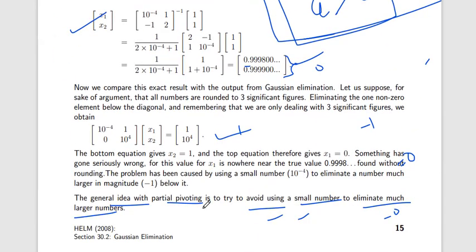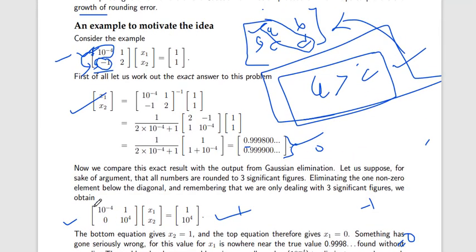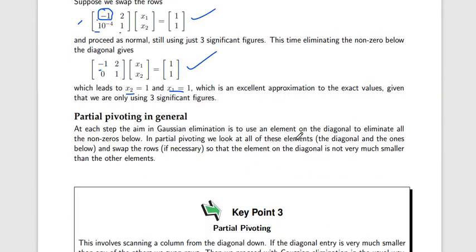But if you use Gaussian elimination to eliminate the lower number with the help of a much lower number, then this method will not work. So for Gaussian elimination to work, or if we want to find the right solution of a linear equation, the diagonal element should always be larger than the elements below it. This method is called partial pivoting.